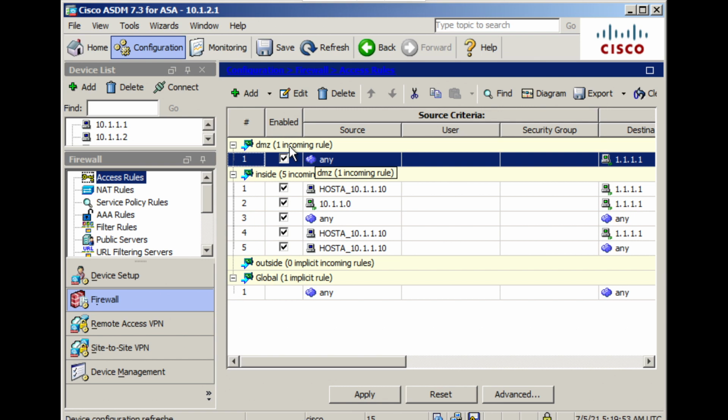Earlier I had one implicit rule, you remember? Earlier I had one implicit rule which says that from any source to any interface with a lower security level, all IP traffic was permitted. You remember? That's the rule we have seen earlier. Now after adding this rule, that rule is gone. So the significance of knowing about the security levels and permitting or denying the traffic based on that is lost when you apply an access control list to an interface.